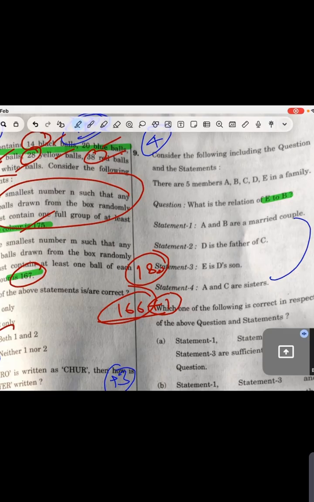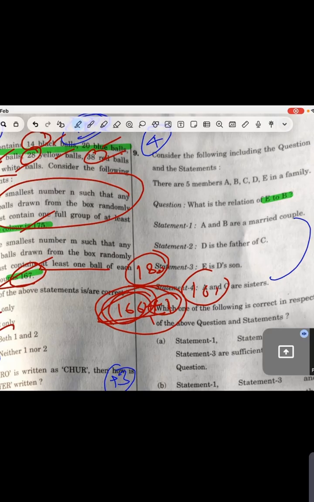See, Priya. Listen, we have to go in the worst case. See, the question is saying must contain at least one ball of each color. So we have taken 166, but one color is still missing. The color which I have left is black. Now I will add one. Now in this 167, we have at least one ball of each color. This is what the question is saying. Priyal, if you watch this video again, you will understand actually.